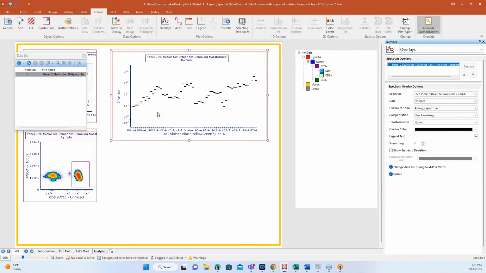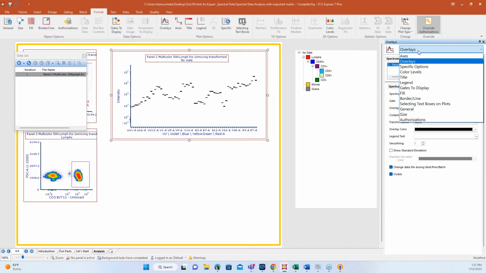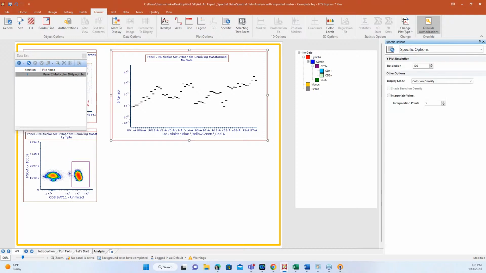Now it does kind of do the binning, right? So for each of the detectors, you see that highest level point, but don't worry, we can do formatting to take you out of that. We can change this so we can connect this. It's called interpolation, and that's in our specific options here. We select the option to interpolate values, and then we can change how many points. This is similar to smoothing on a histogram. You can increase this as much or as little as you need to.